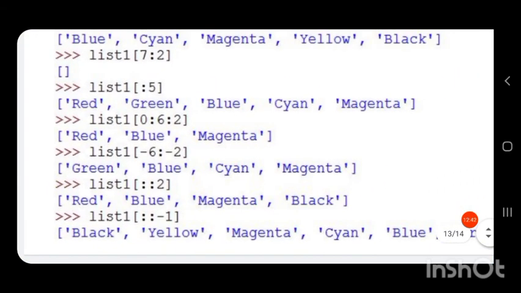So in case step is also provided, then after considering the index 0, we have to skip 2 positions and then take the next value. Skip 2 positions and take the next value.